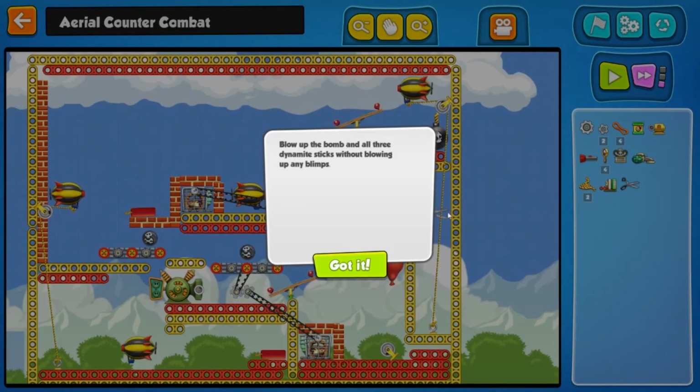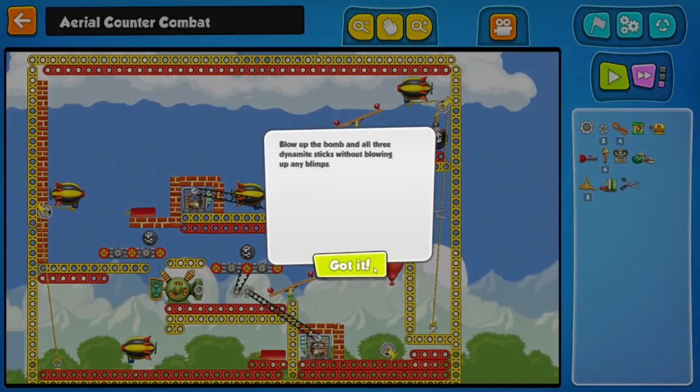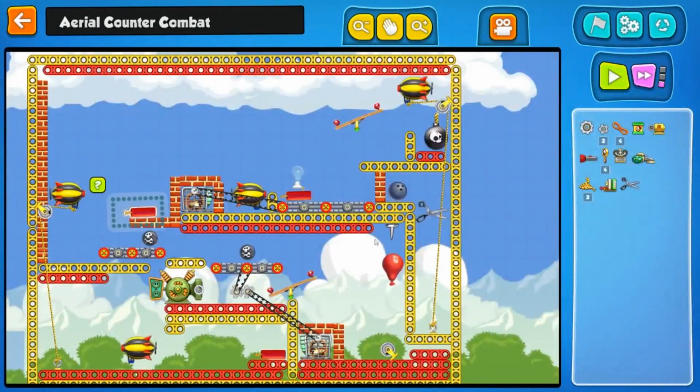Aerial Counter Combat. Alright, lots of blimps here. Blow up the bomb and all 3 dynamite sticks without blowing up any blimps. All right. Well, that sounds quite difficult, actually. What was that one more time? Blow up the bomb and all 3 dynamite sticks. So here's 1. Here's the bomb. 2, 3 dynamite sticks. Okay. Without blowing up any of the